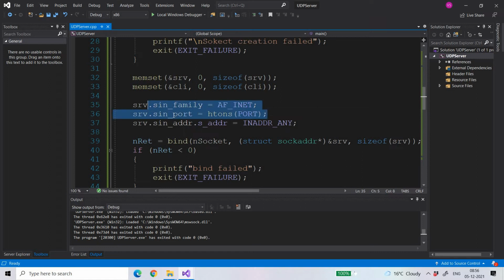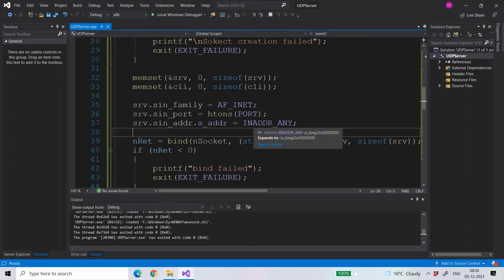So here it goes to assign to sin_port, and then since I am a server, here I need to mention srv.sin_addr.s_addr. That is the IP address of your local machine that I want to make my server. So INADDR_ANY, I already told you, when you mention INADDR_ANY, then it automatically takes the local machine's IP address.